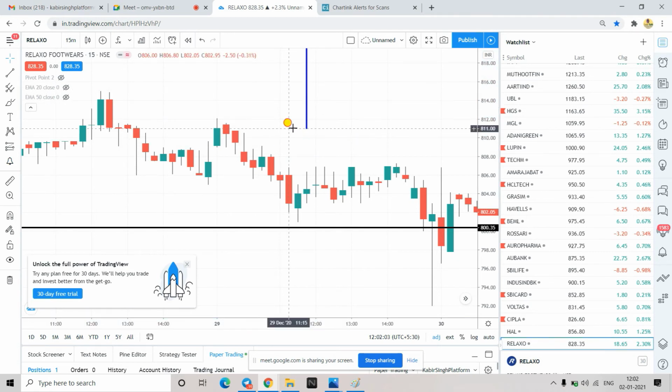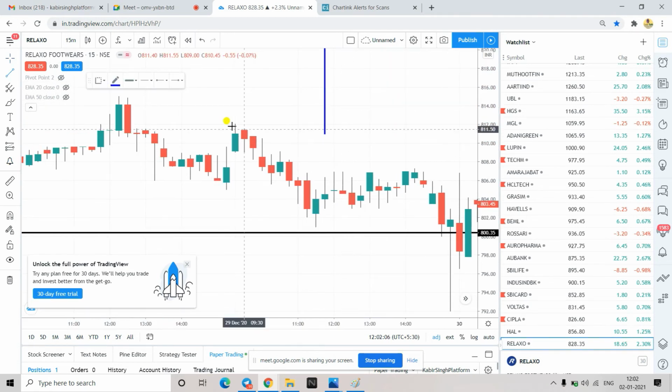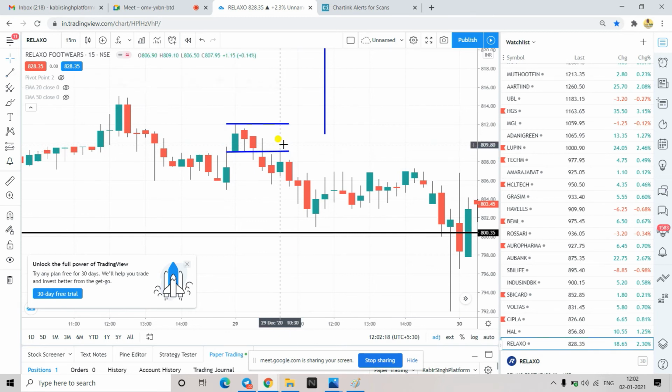I'll tell you one sell side scenario. Okay, so if you see here, this is the first 15 minutes candle. Like this you draw, right? So here what has happened, this candle has broken the low, right? You are able to see the third candle. So this has broken the open range.